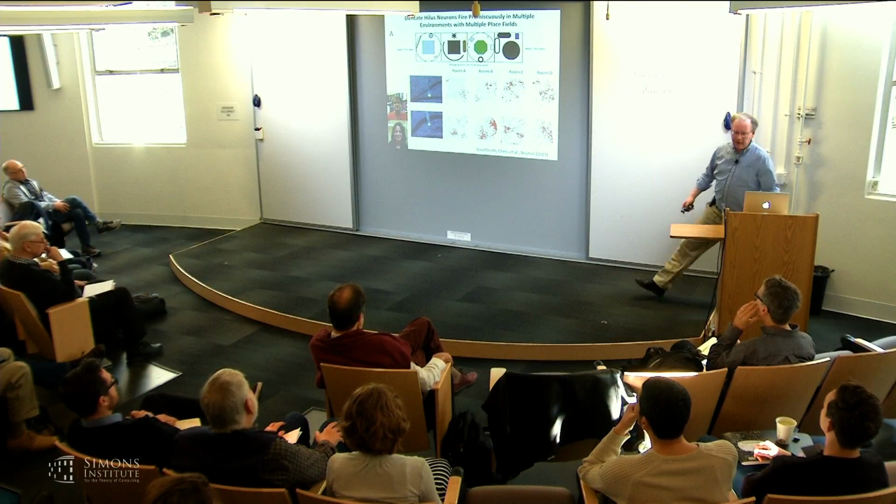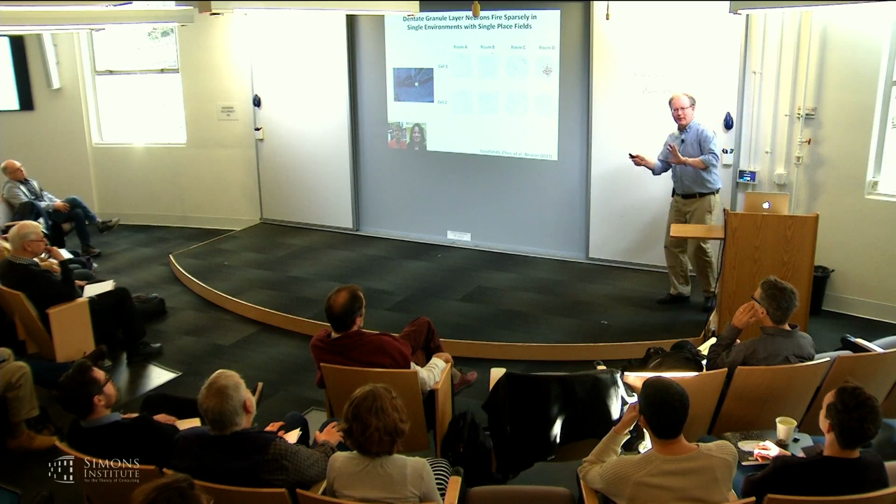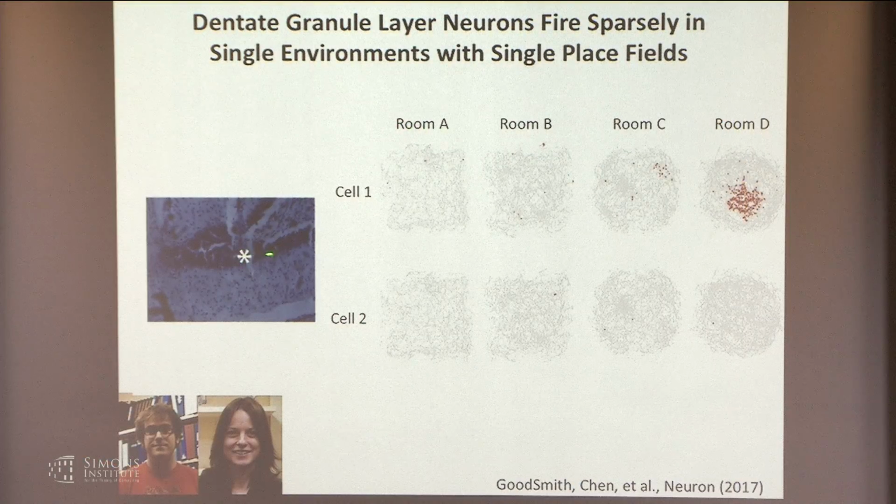Okay. I'm sorry, if I'm assuming too much, people, stop me at any time. Now when the tetrode is in the granule cell layer, this is what the activity looks like. Two different cells here. Cell 2 was silent, except for one or two rare spikes in all 4 environments. Cell 1 fired with a very nice place field. This would be indistinguishable from a classic CA1 place field that O'Keefe and Dostrovsky discovered years ago, but was silent in the other 3 rooms.